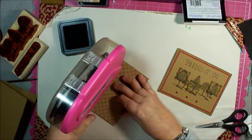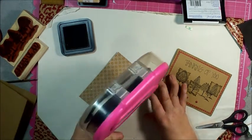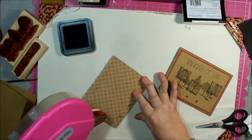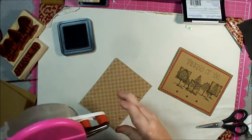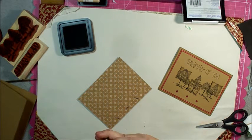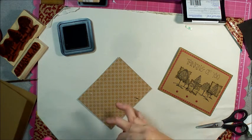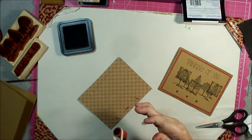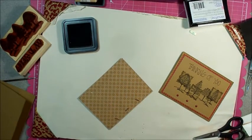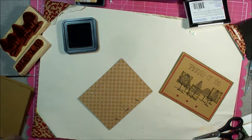I don't know if you guys noticed this, but I'm using this ATG gun. Yeah, did you see that? The big gob of glue that just came rolling off into no man's land, and now it's not going anywhere again. Oh, jeez. Come on, ATG gun. Work with me, buddy. Why did I say I was using the ATG gun? Oh, I can see I've got glue just jammed everywhere. Jeepers, I hate this thing. I know you guys all love them, and I don't know why I can't get this thing to do what it's supposed to do, but...